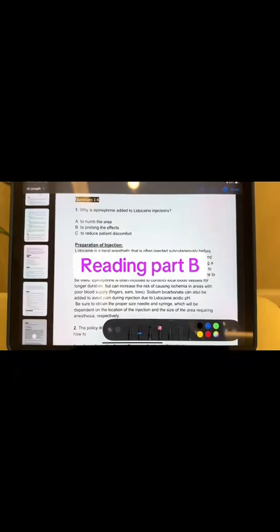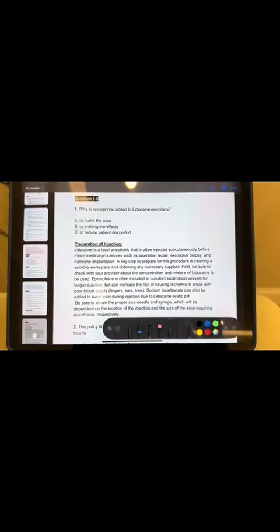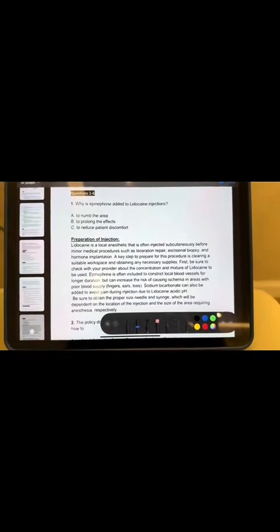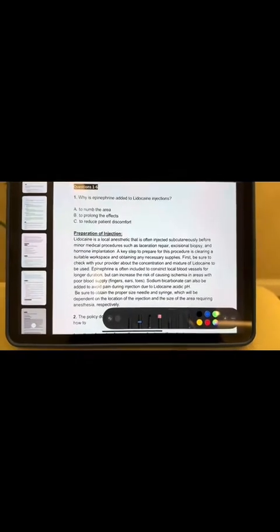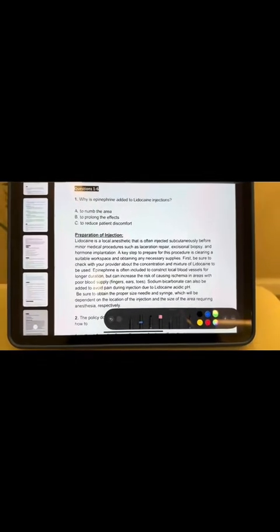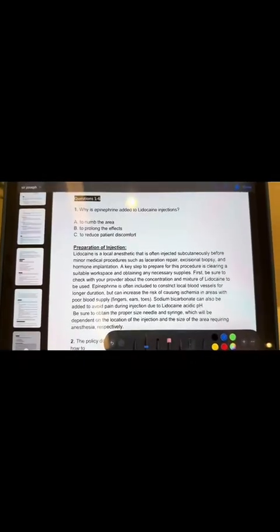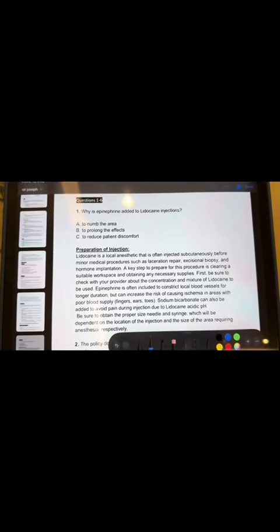Today I'm gonna take you towards reading part B, which is a very interesting and easy subject of the reading exam. In reading part B, you can encounter 6 different natures of questions and you have to choose between multiple choice options. During your reading exam, you are given these questions and you have